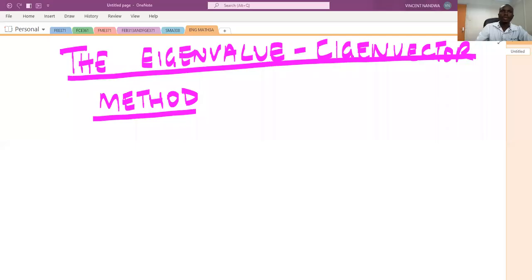So we start by describing how the solution is obtained. Let's see the workings. The method of eigenvalues and eigenvectors. So as far as the solution of the equation